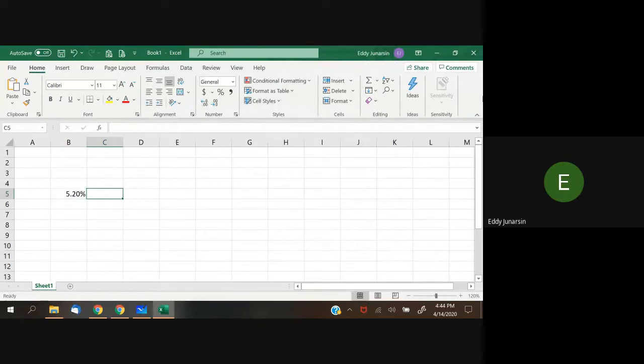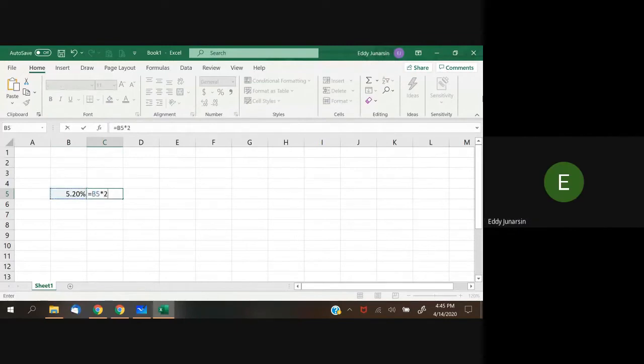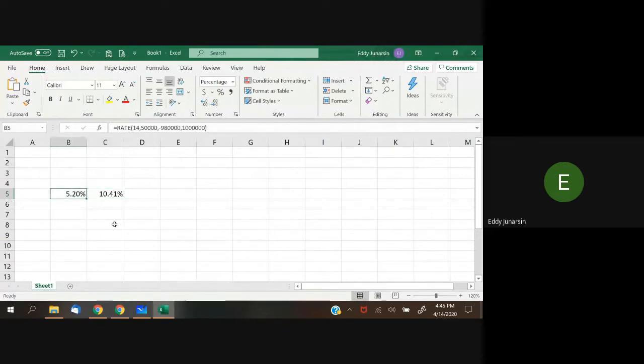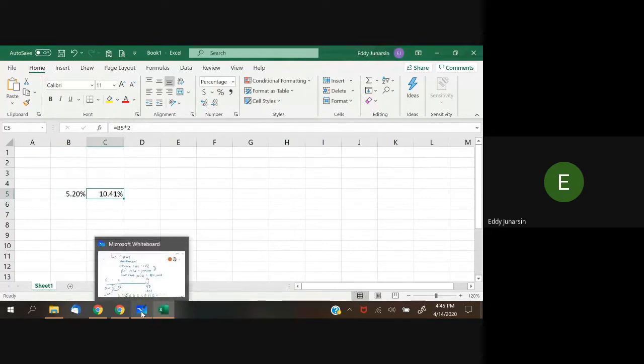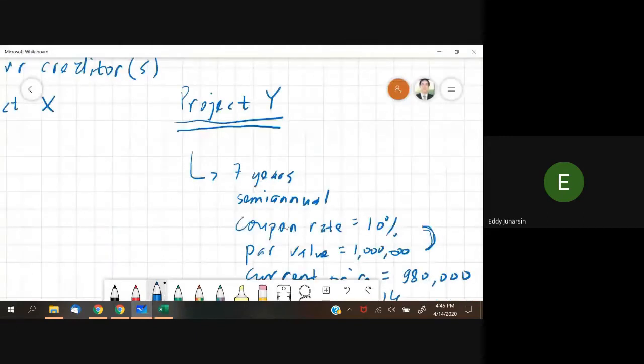And if we use the APR to annualize the 6-month yield to maturity, we simply multiply by 2. So we are not going to use the effective annual rate, but just the APR, or annual percentage rate. The yield to maturity for 6 months is 5.20%, so we annualize it and find the APR of 10.41%. So coming back to our story here, we could assume this way.